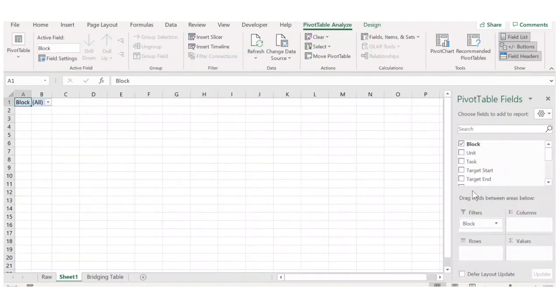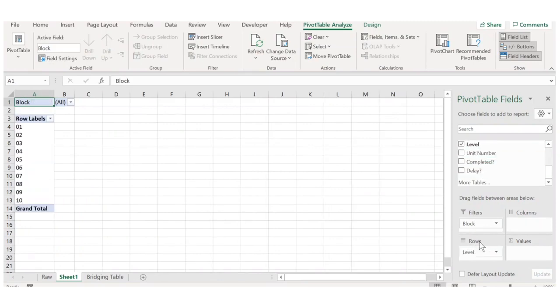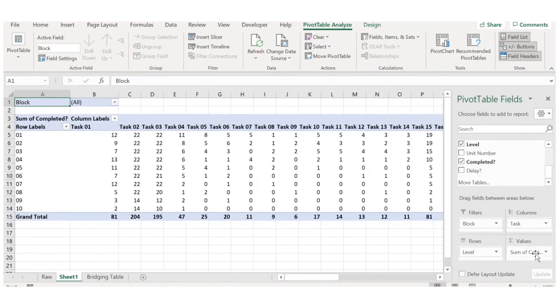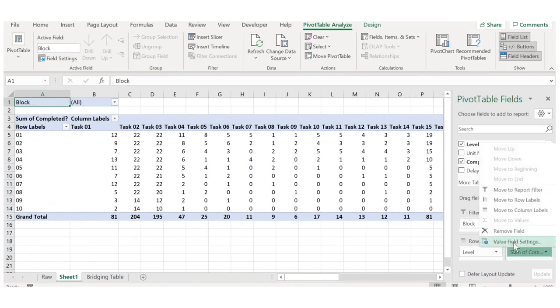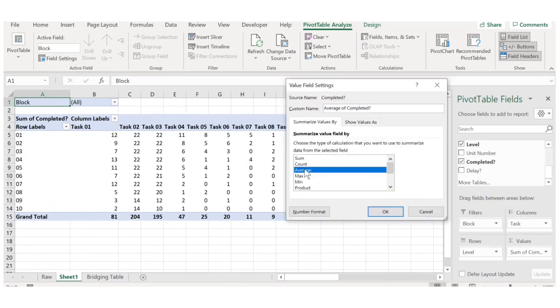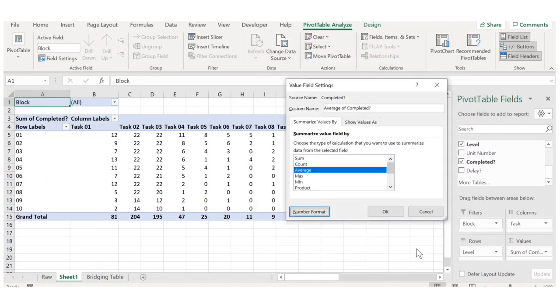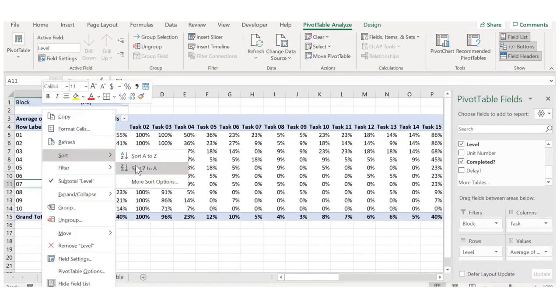Let's select the block as the filter, the level as the row, the task as the column and the completed status as the value. Under Value Field Settings, we will select the average calculation to summarize the data and change the number format to percentage with no decimal place. We can use the sort function to sort the rows with the lowest level at the bottom for ease of